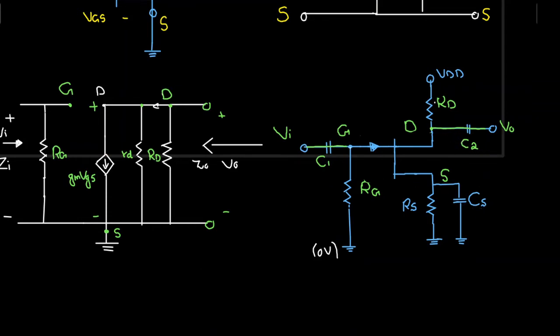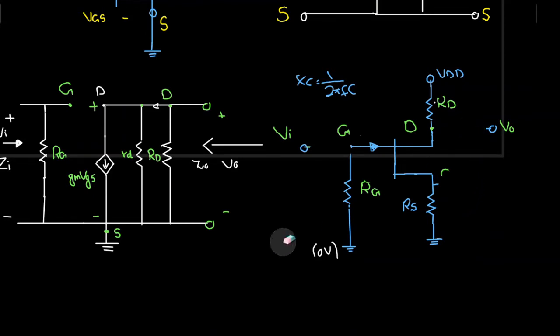Now all the capacitors will be shorted out. Why? Because we have Xc is equal to 1 by 2 pi fC, and the impedances of these capacitors are very small as compared to the other resistances in the circuit. So they can be simply shorted out. So I can simply replace here this by a short circuit, and I can replace this by a short circuit, and I can also replace this by a short circuit. So I'm going to draw short circuits over here. So this is going to be my short circuit,